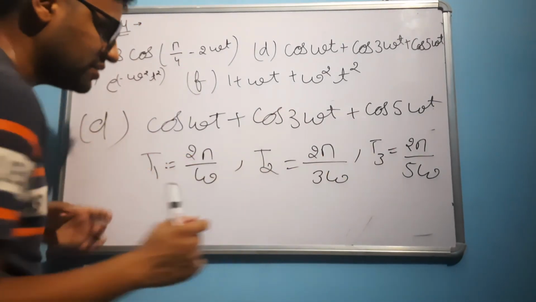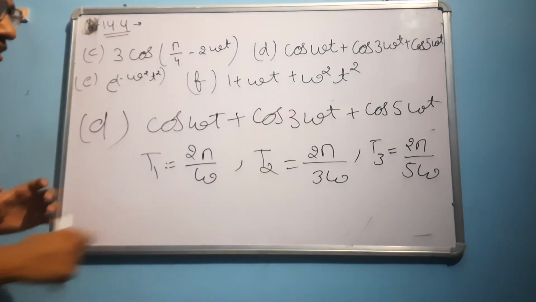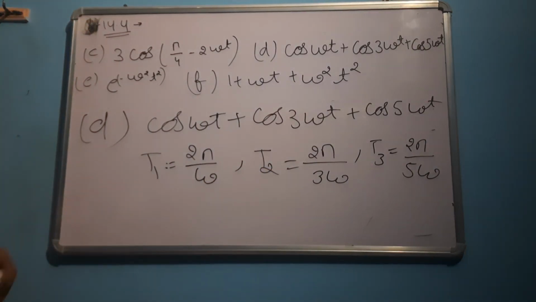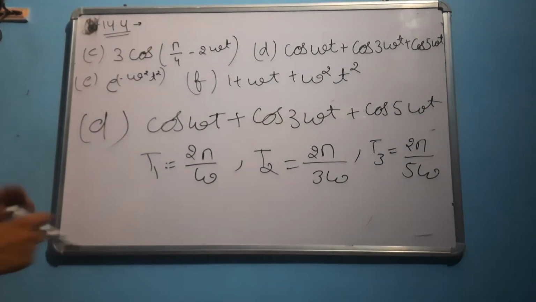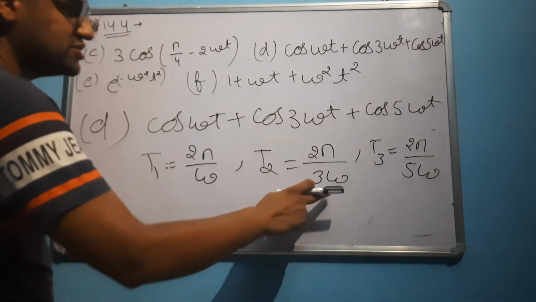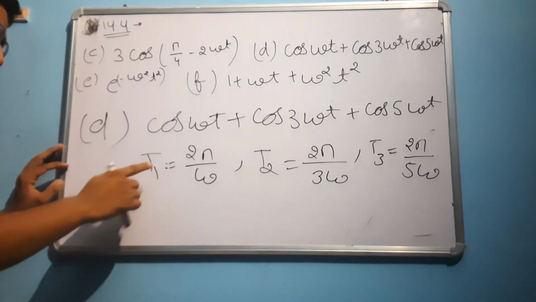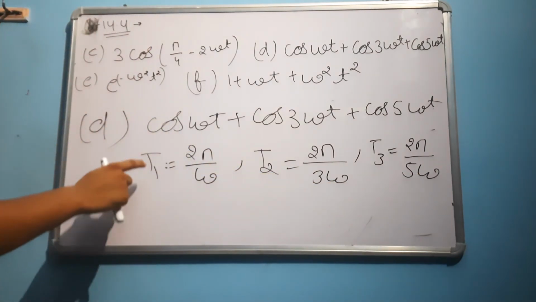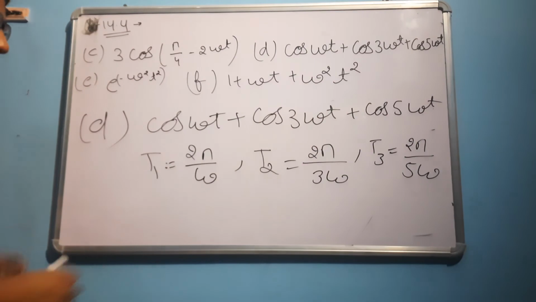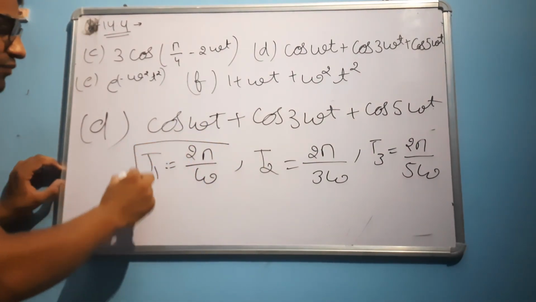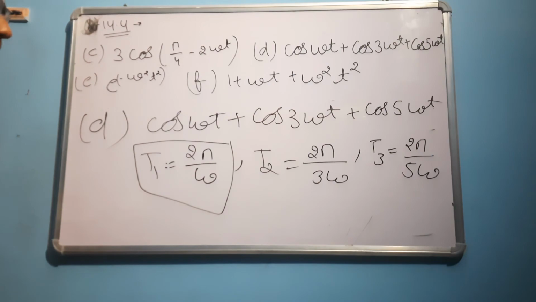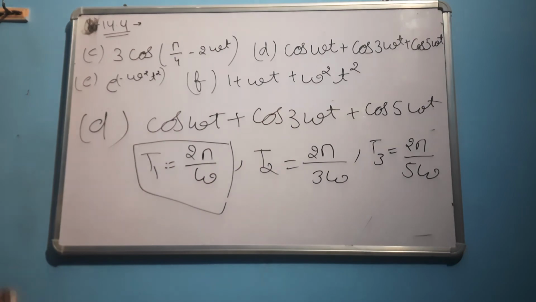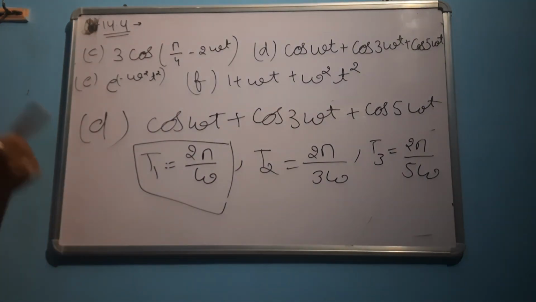The oscillations of these are more, and they have a very short time period compared to this. So as a combination, what will be the time period of this whole function? When this function has 3 oscillations, it will have the same time period as this function's time period t1, and after 5 oscillations it will be at the same position as the time period t1. So as they combine, all of them have time period 2 pi by omega, because after time period 2 pi by omega, all of them will repeat their motion at the same point.